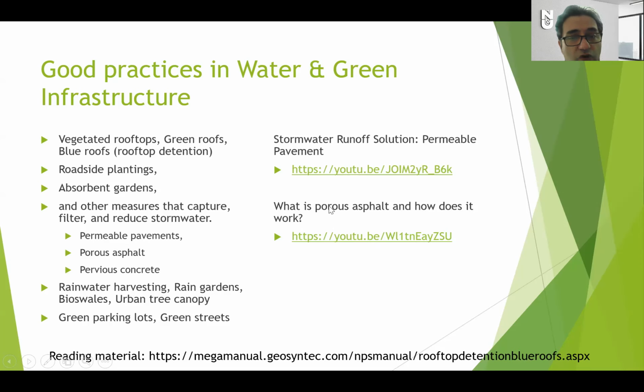For example, porous asphalt is like conventional asphalt, okay? It is asphalt actually, but when it rains, it absorbs the water like a sponge. So water directly goes into the asphalt and penetrates under it, and the road itself, the asphalt cover, works as a water catchment basin. So this is a very good and promising solution.